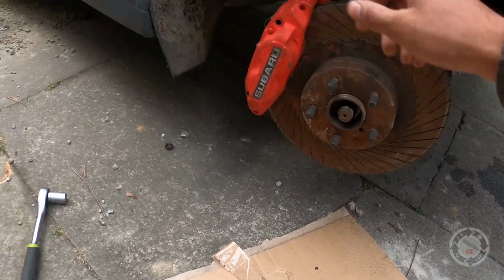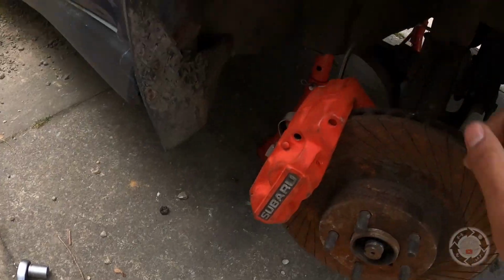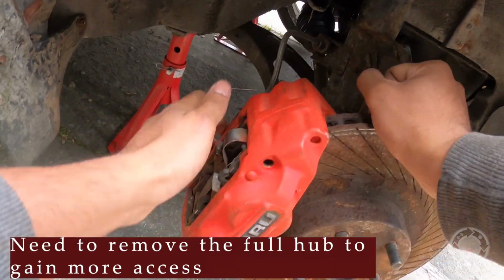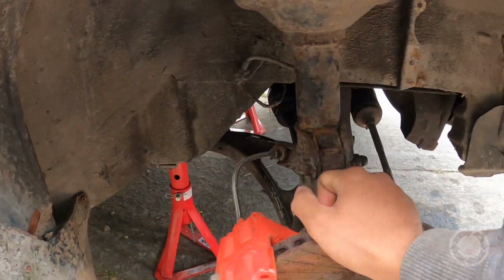So literally I just took that bolt off the bottom of the ball joint. It's just one bolt at the bottom here. It's supposed to have a pin in it, but all of them have been taken out from before. And then all you do is, I need some sort of bar or something, put it under here. Yeah, popped. Okay, so now that that's popped, you can see that the drive shaft is now off that side,